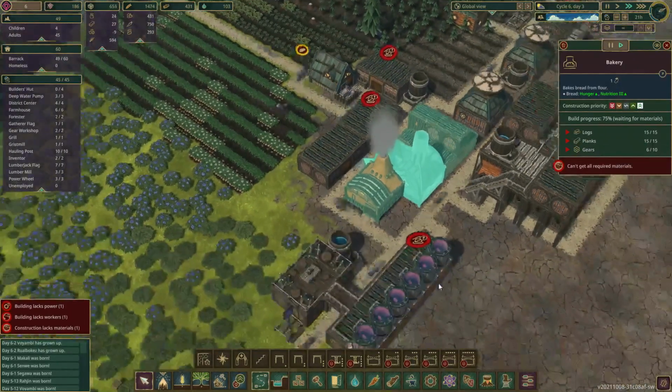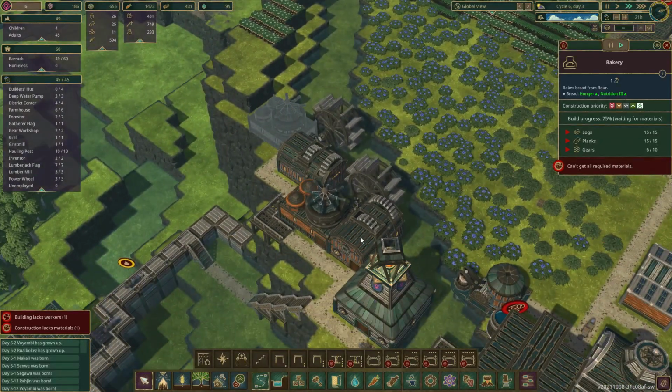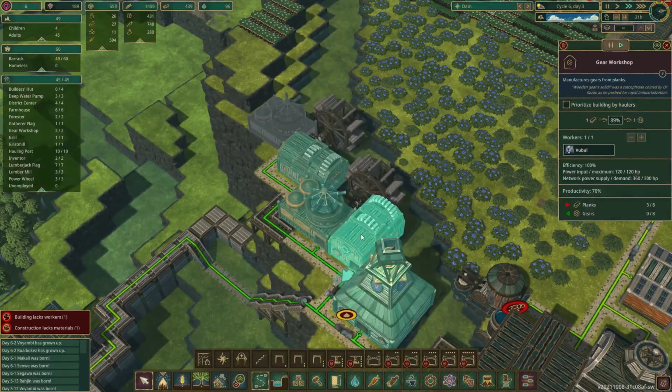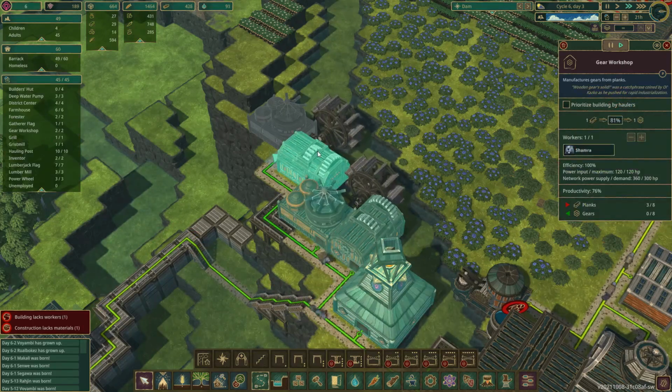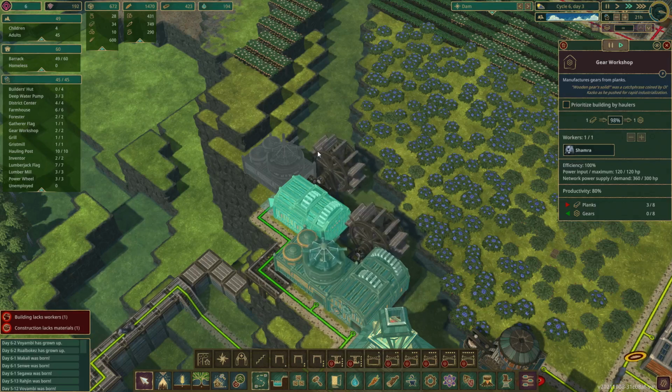How are we on gears? Can't get all the required materials. Right. Well, you guys just got to keep gearing up here. I mean, they've got the planks. It's just because these gears take so freaking long to make. That's our bottleneck. I mean, even with 2 gear factories,